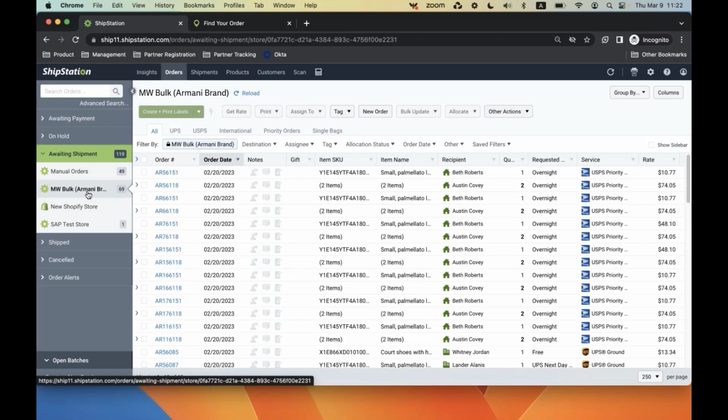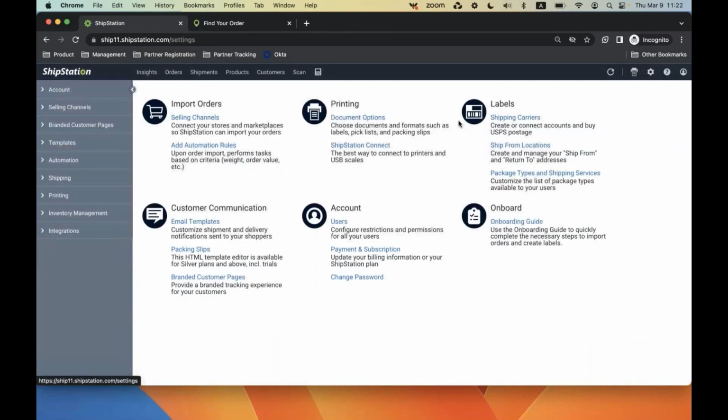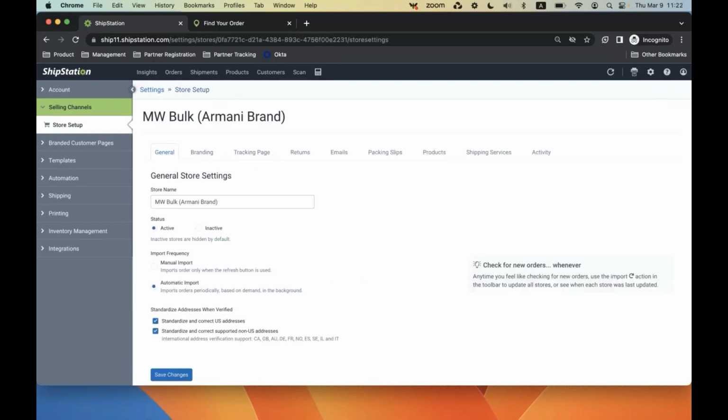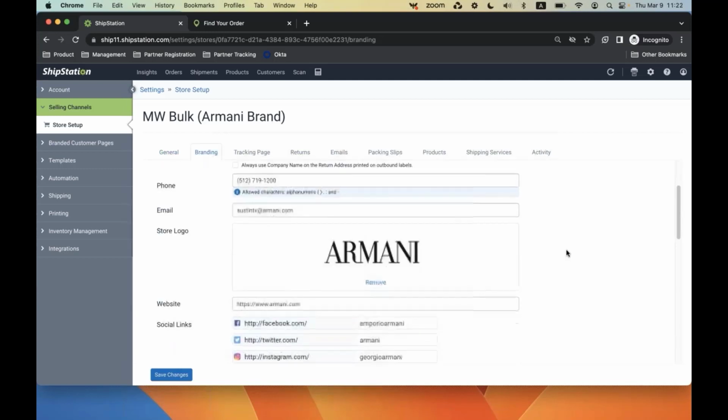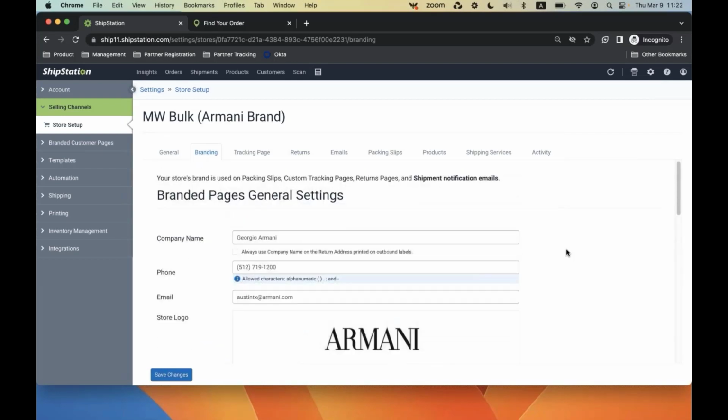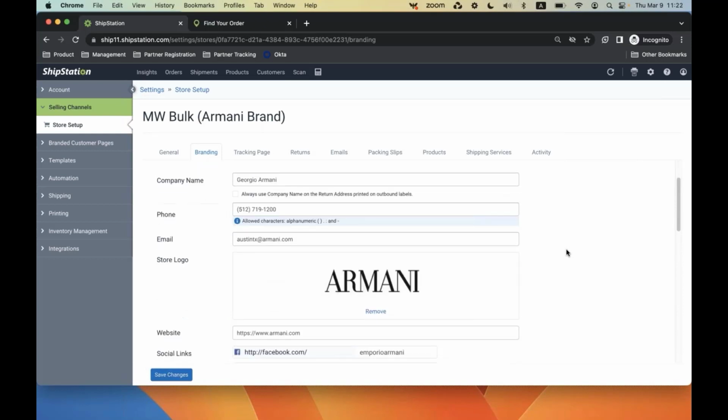So a lot of what we try to do as well within the system is give you the ability to have that elevated customer experience. And a lot of that comes down to communication. So within ShipStation and within the settings, and this is available to all accounts, you have the ability to set up communication, branding, tracking, and returns. So within here, I can load the branding of my store. Once a shipment is created, I then have the option to send out a tracking page, which will contain